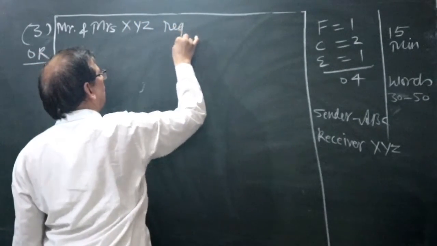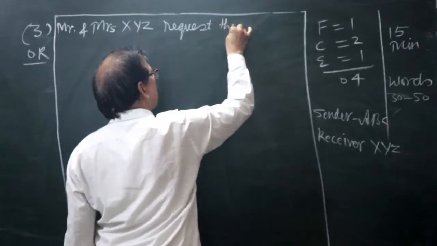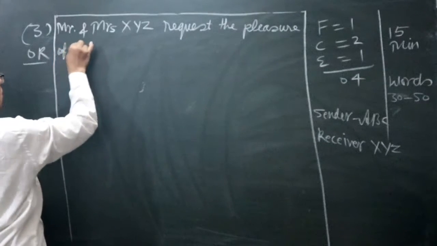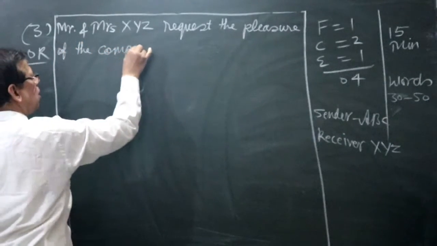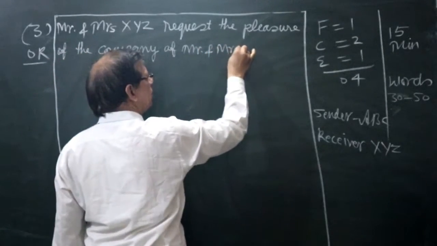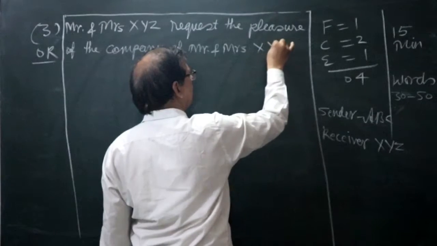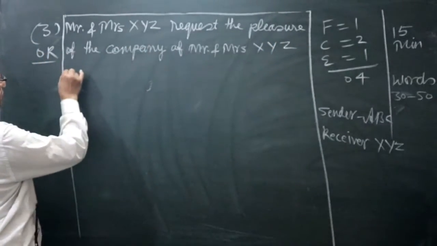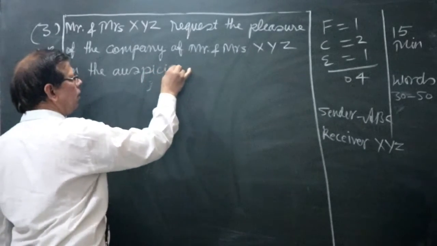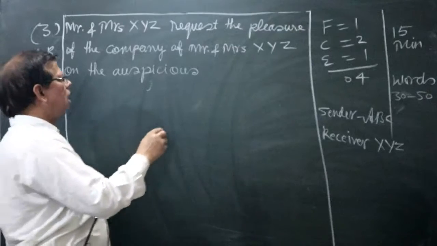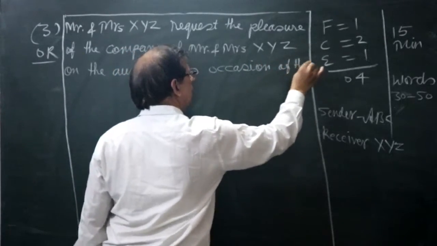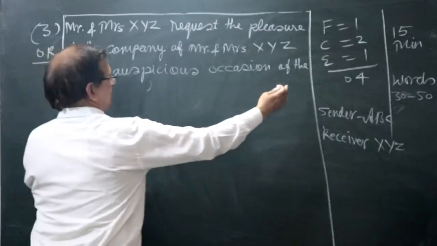request the pleasure of the company of Mr. and Mrs. XYZ on the auspicious, means important, occasion of the marriage. You should highlight at the center, write marriage